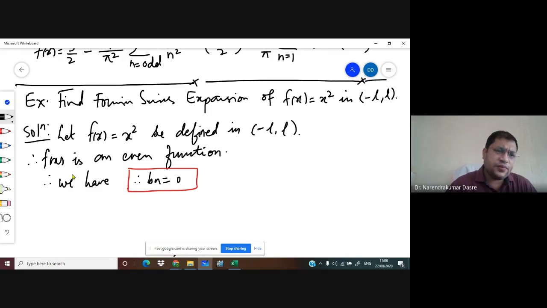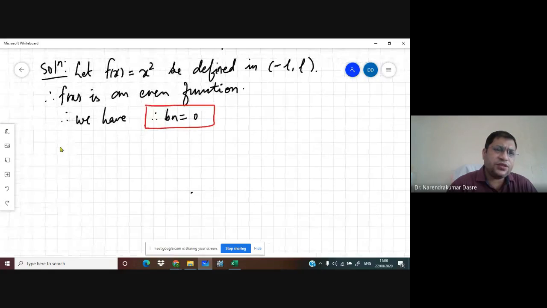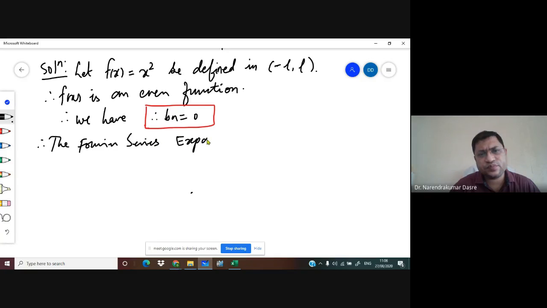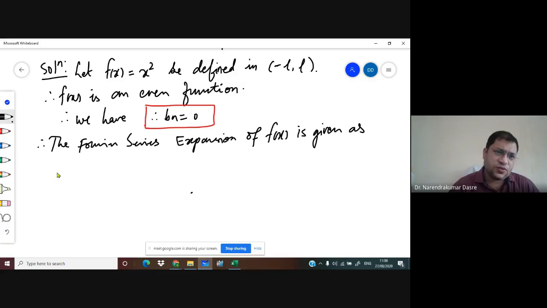So here we get bn is equal to 0. And once you have bn is equal to 0, you can write the Fourier series. So we have the Fourier series expansion of f of x given as,